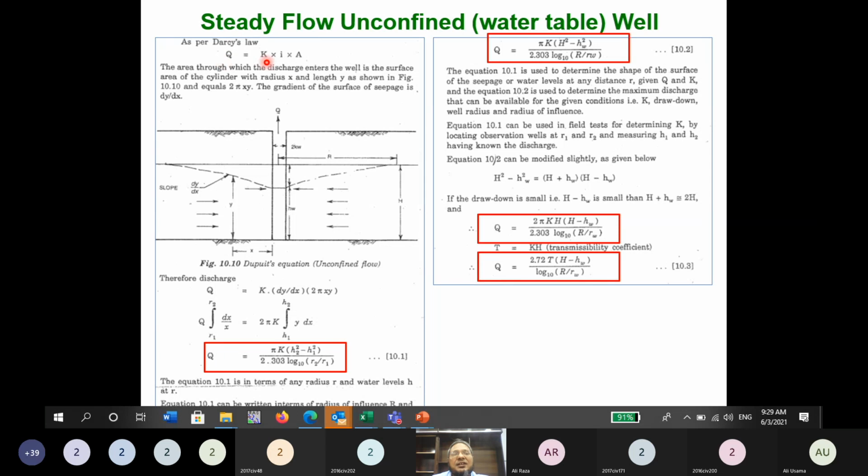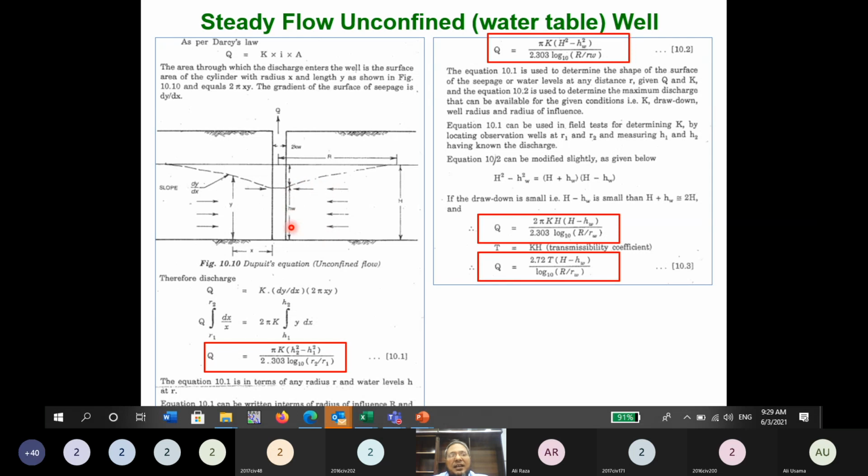That is Darcy's law, discharge is equal to KIA, and finally you get this equation. So the discharge that is coming out of the pump, out of the well, is 2.72. T is the transmissivity, H minus HW. H is this one, which is the thickness of the aquifer, and HW is basically this one after drawdown, and